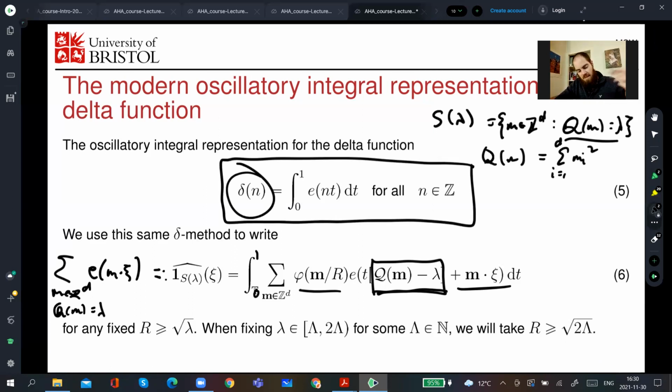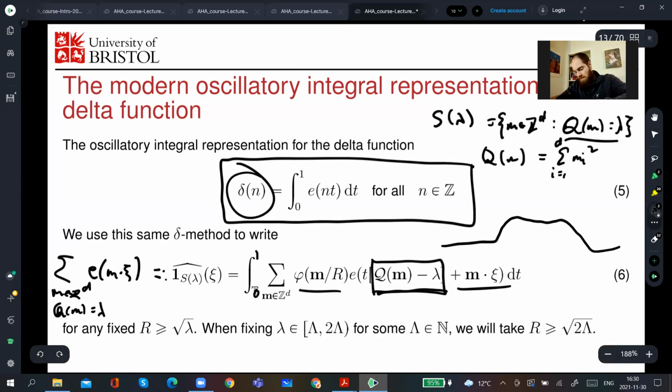This was our function that was a tensor product. So in each coordinate there was some phi naught and the function phi was supported in the interval from -1 to 1. Sorry, it was 1 on the interval from -1 to 1 and supported in -2 to 2. So it looked a little bit like that. Should be flat here. And in every direction. And this factor right here, dividing by R, just expands that from, instead of -1 to 1, -R to R.